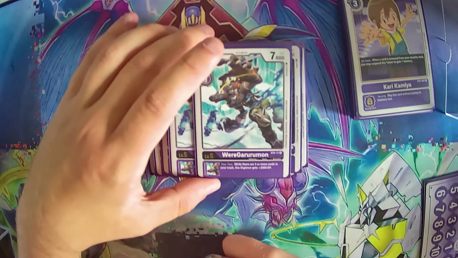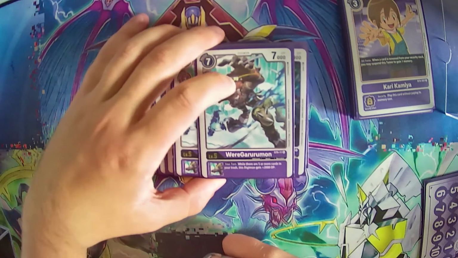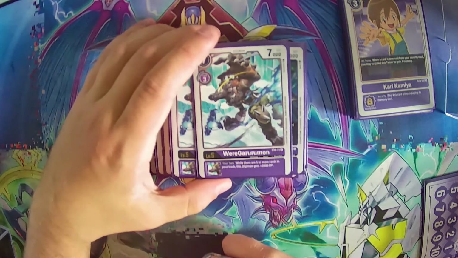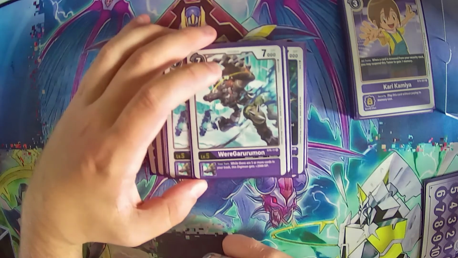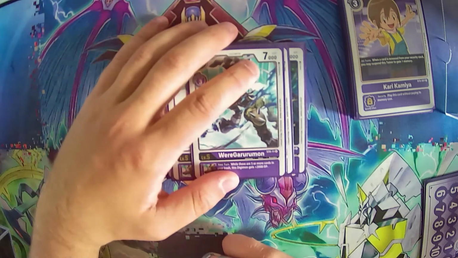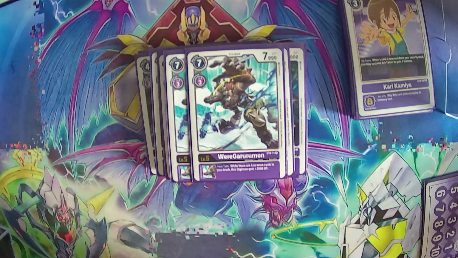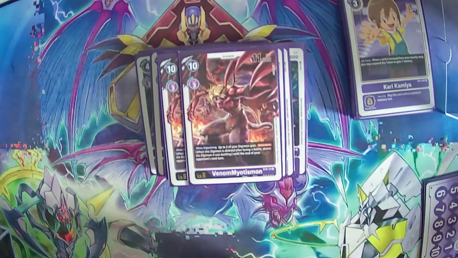So yeah, this has another inherited effect. So that effect is when there are 5 or more cards in your trash, the Digimon gains 2,000 DP. So you can have something on top of this, and it'll gain 2,000 more DP for attacking and stuff, which is just kind of nice. It's also level 5, so 2 Venomiotismon,